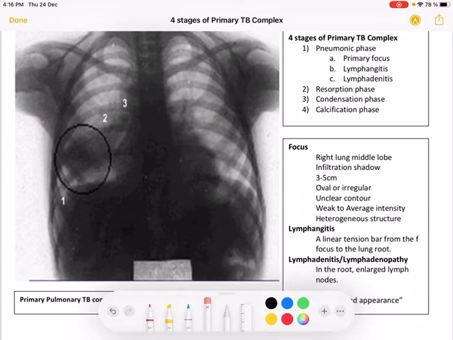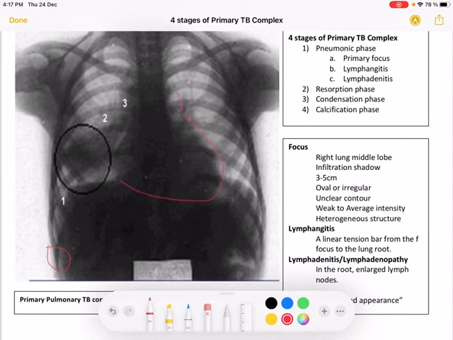So initially, first of all, you need to know how to read the X-ray. You need to see the borders of the lungs. You need to see the costophrenic angles. That should be clear, because if there is fluid here, if there is blood, then it can show us that there is pneumothorax, hydrothorax, or hydropneumothorax, even hemothorax. Okay, so these costophrenic angles will help in identification of such pathologies,